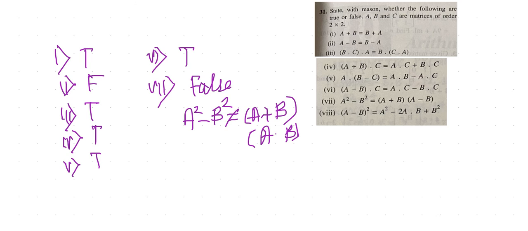The seventh one is A square minus B square is A plus B into A minus B. No, children. This form of algebra, the laws of algebra for factorization and expansion, are not valid for matrices. Okay, A square minus B square is never equal to A plus B into A minus B. You have to remember this. Okay, and the last one is sub question 8. So the answer is false, because the laws of algebra are not at all applicable for matrices. Okay, so now we are done with this particular exercise, children, and in the next video we will be starting with exercise 9D.